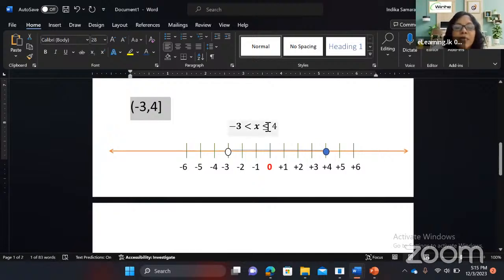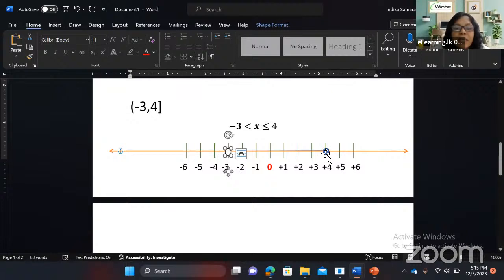Here the -4x is less than or equal -4. As I said earlier, first mark the margins. So mark the endpoints. One is -3, the other one is +4. -3 you can represent with a circle. Both you have to mark with a circle, but